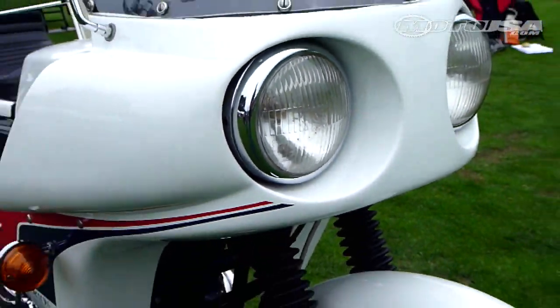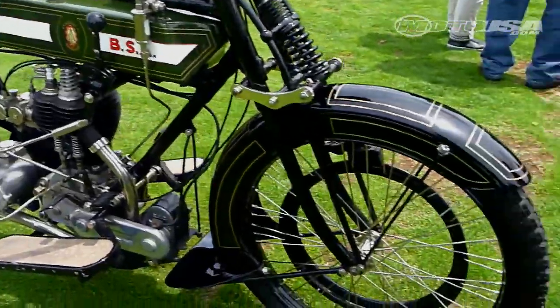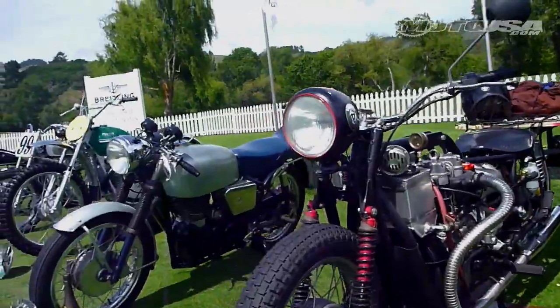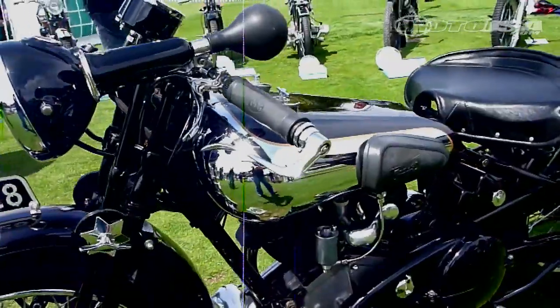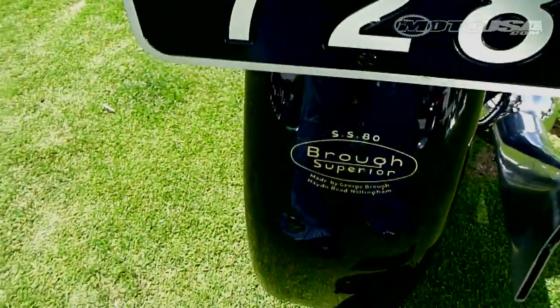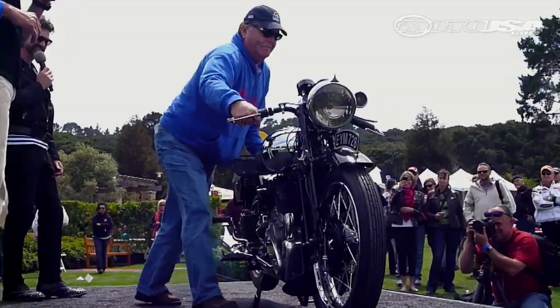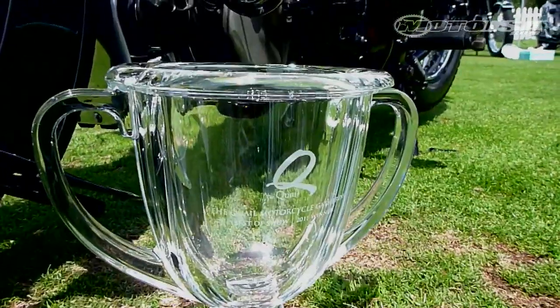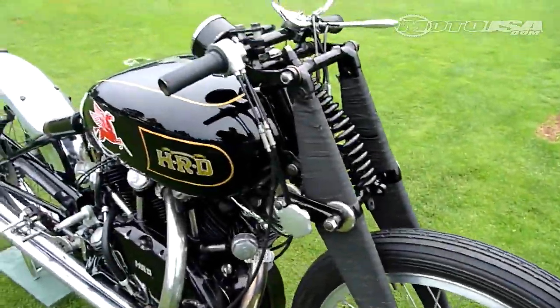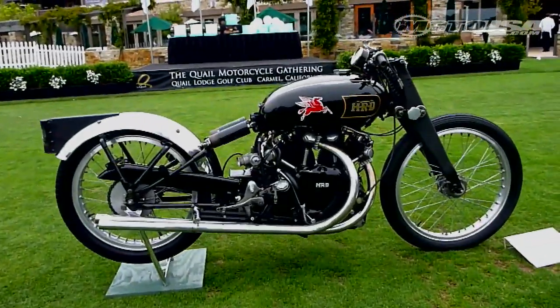The motorcycles entered in the concours were as varied and creative as their owners. Guest judges had their hands full, as many bikes were worthy of the vaunted Best of Show title, but it was the Rolls-Royce of motorcycles, an immaculate 1938 Brough Superior SS80 owned by Gene Brown out of Colorado, which took top laurels. Other highlights of the gathering included a special appearance by the Vincent HRD Black Lightning Rollie Free rode